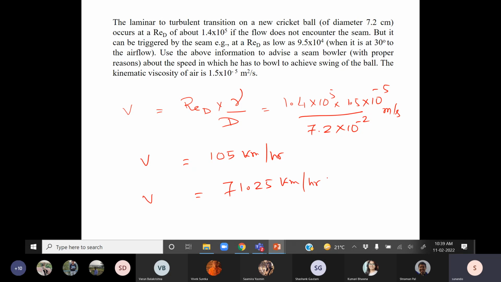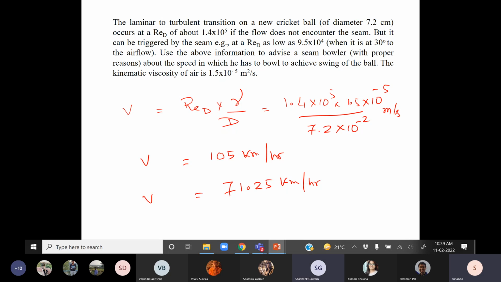So if you just use the value of the Reynolds number that has been provided, you will come up with these two velocities. But you have to give a logic now. What is going to be the speed at which the bowler has to bowl? So should the speed be in between these? Can you explain what happens if the velocity is more than 105? So the flow will become turbulent if